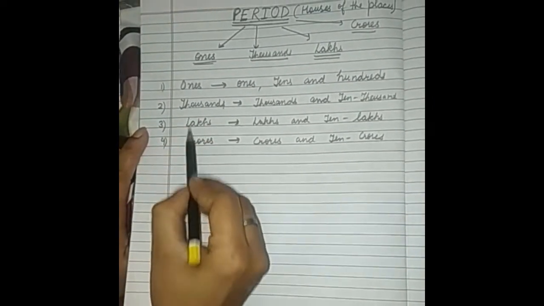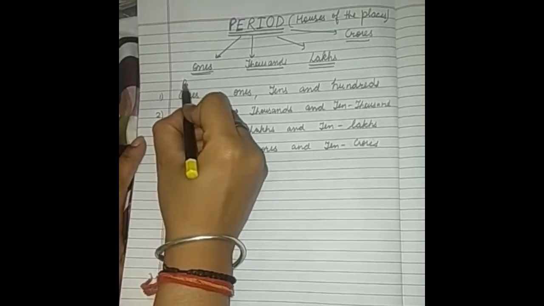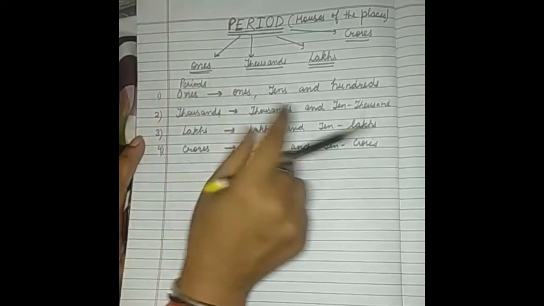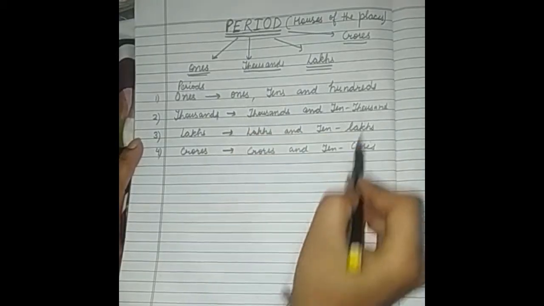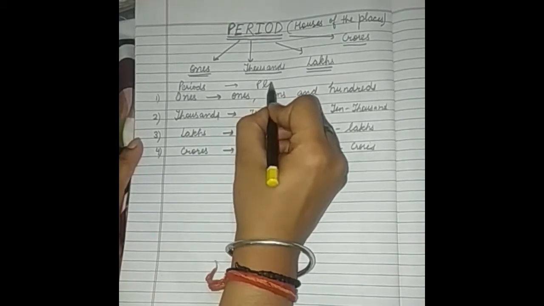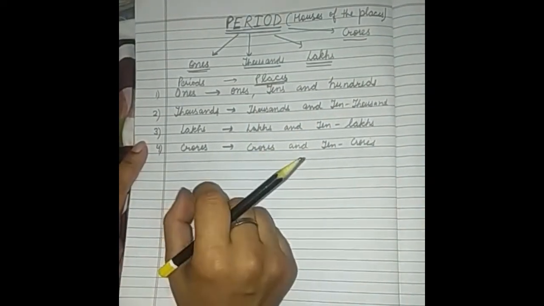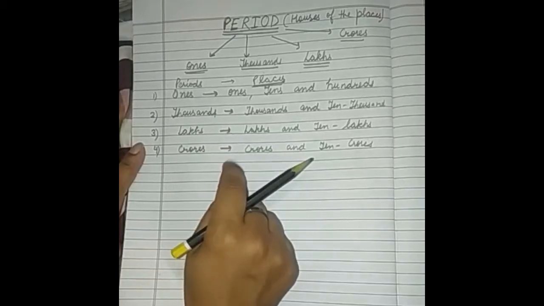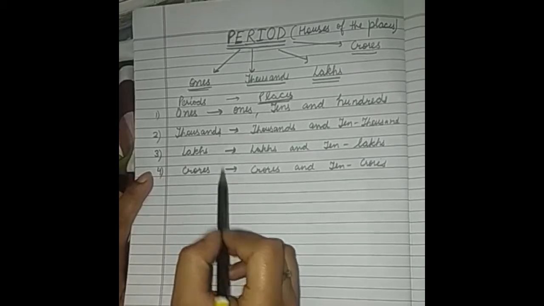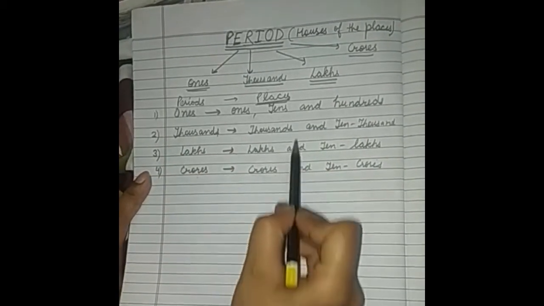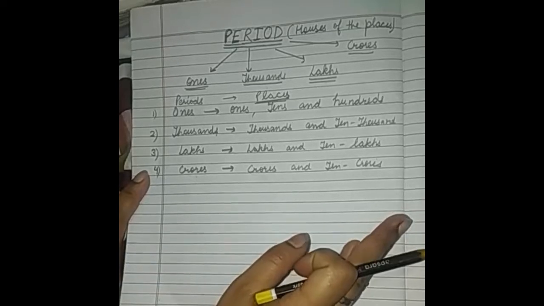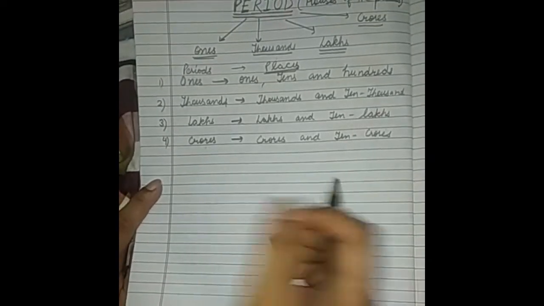Now here you can see that ones, thousands, lakhs, crores are the periods, and periods consist of places, and these are called places. Now we will write periods and places from right to left, means from smaller value to bigger value, increasing 10 times from ones to crores. Now we will make a place value chart to place the periods and places, which helps to read and write large numbers. Let's make a chart.